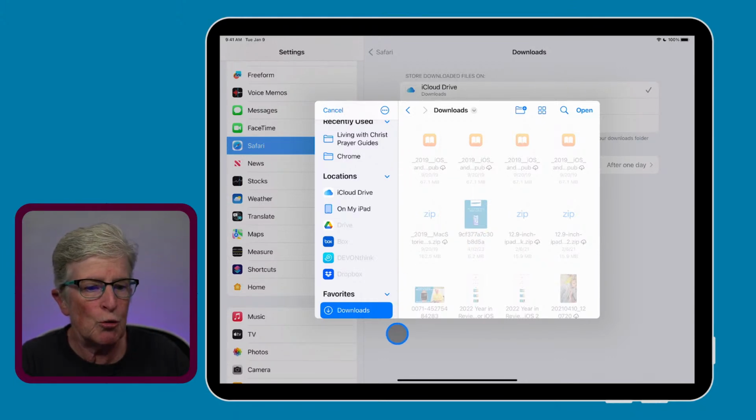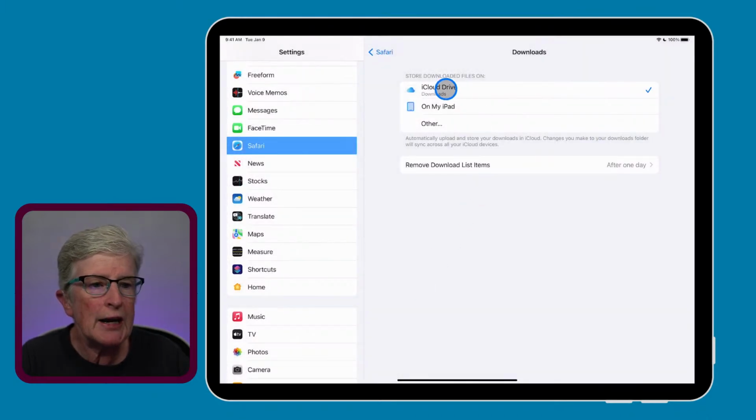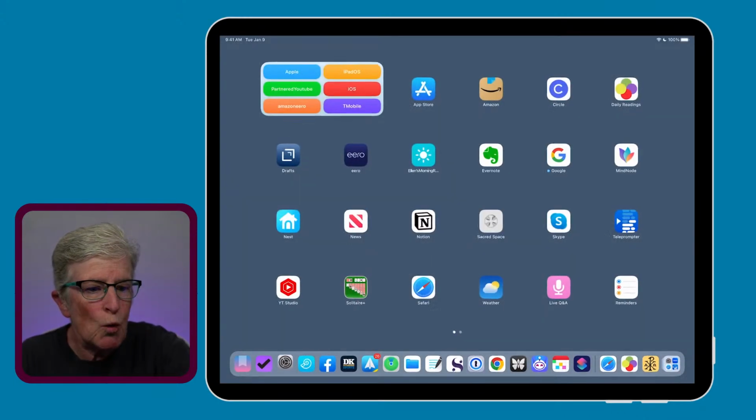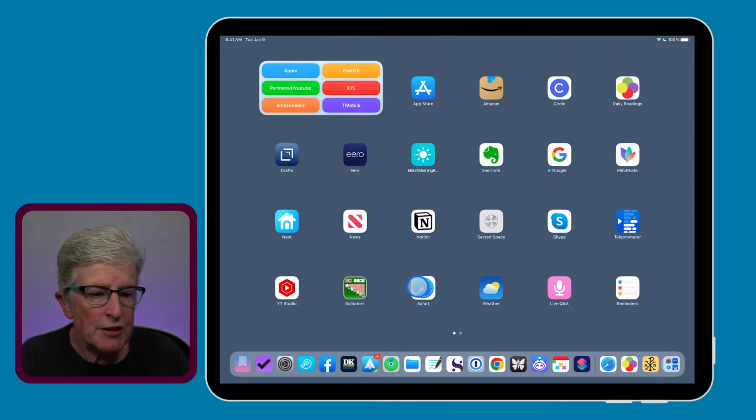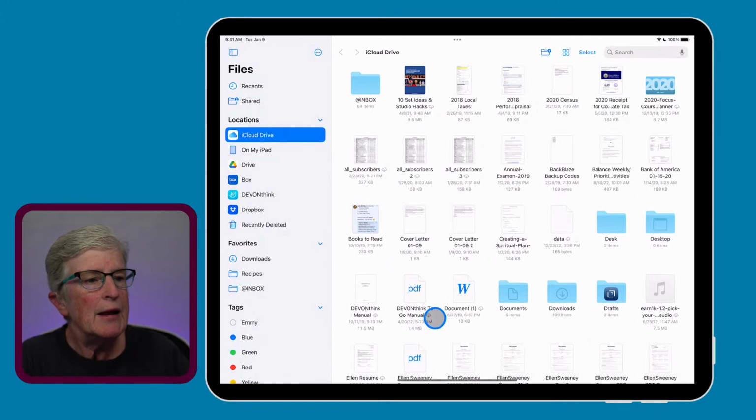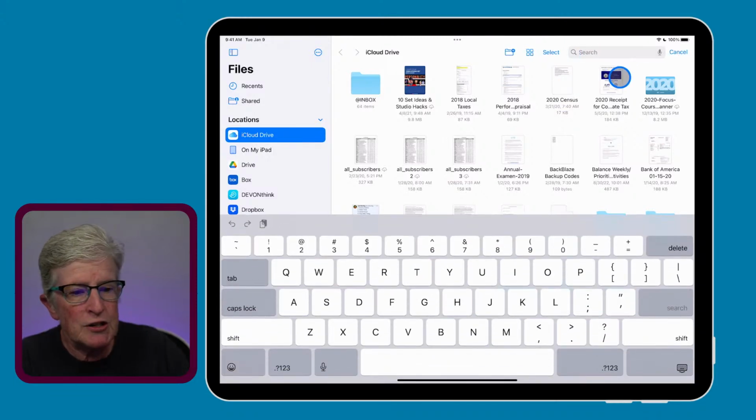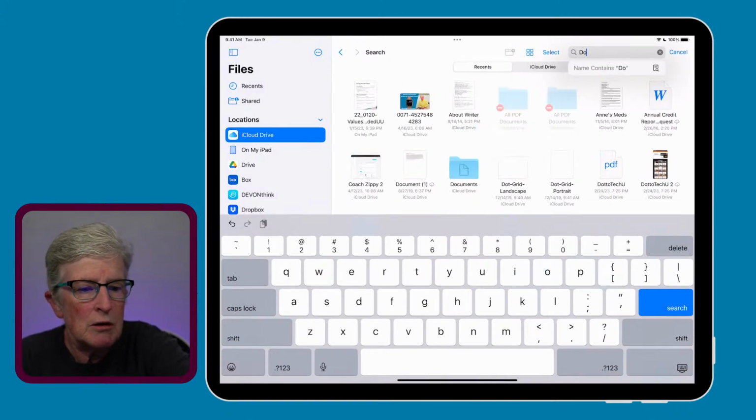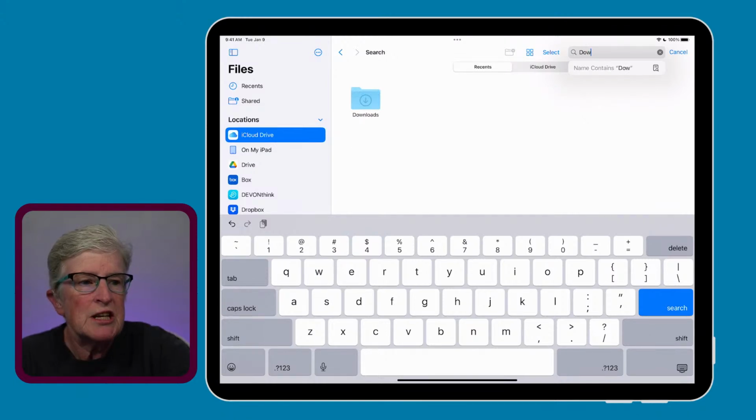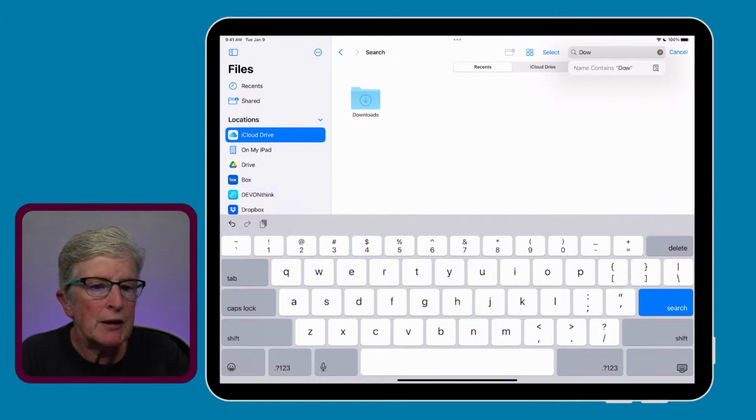So let me show you what that looks like inside of Files. So right now, I have mine in the iCloud Drive folder. So if I swipe out and I come into the Files app right here, you're going to see iCloud Drive is highlighted. If I type in here, Downloads, you'll see that the Downloads folder comes up. If I come to On My iPad,